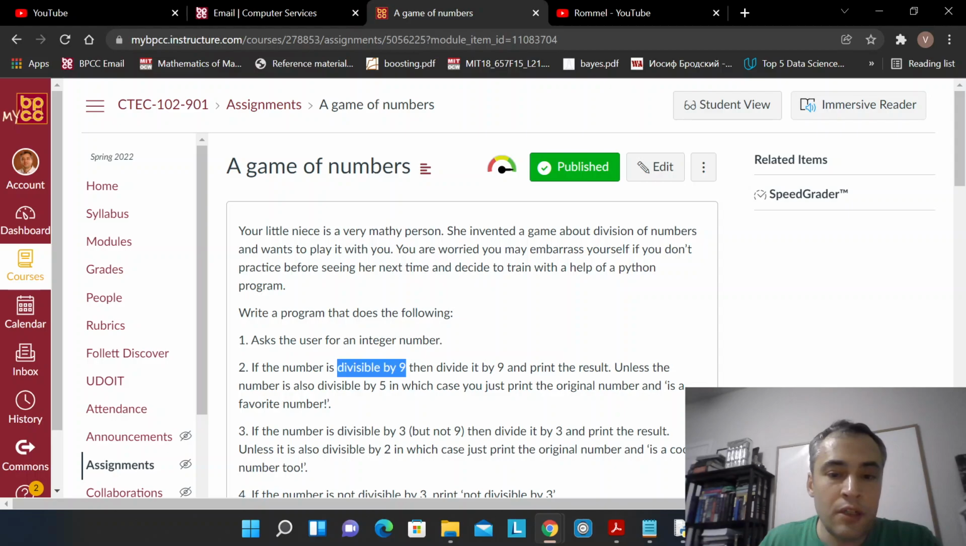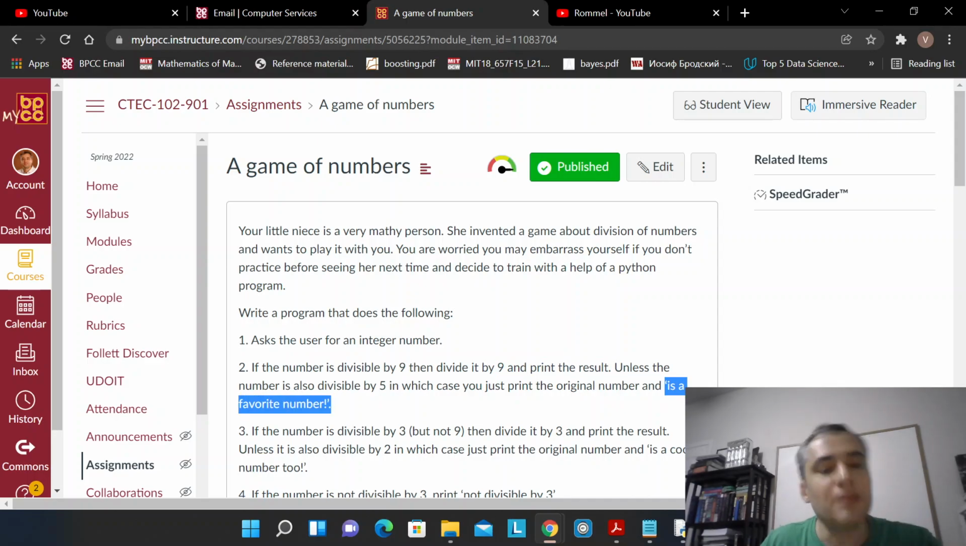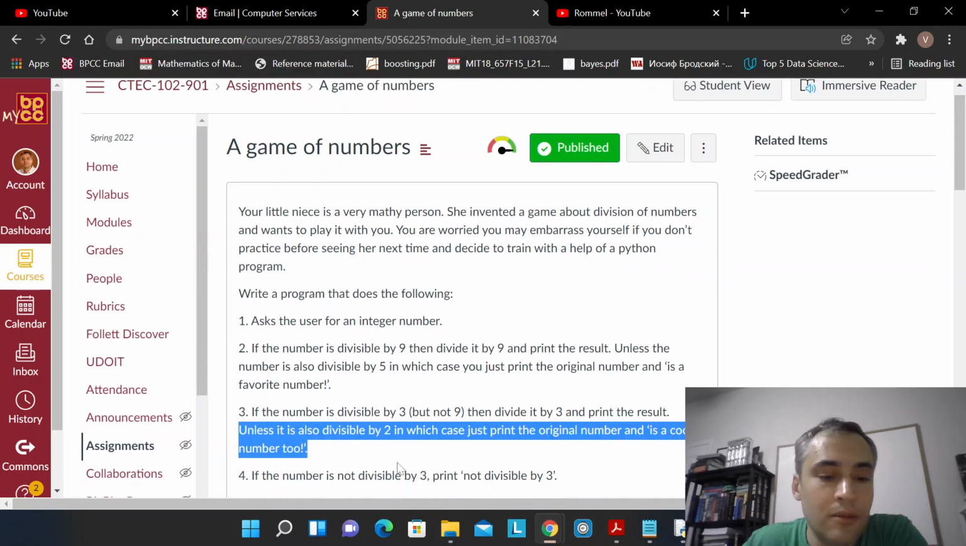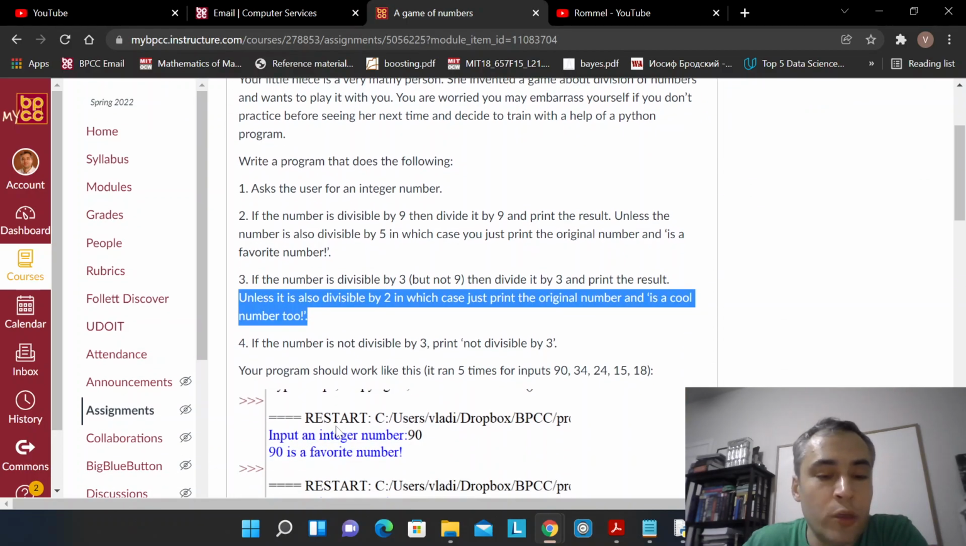In that case, divide by 9 and print the result, unless the number is also divisible by 5, in which case you just print the original number and also comment on it, do some printing thing just for fun. And if it is divisible by 3 but not 9, then divide by 3, unless, and there is some more, so read it 1, 2, 3, 4 times, and